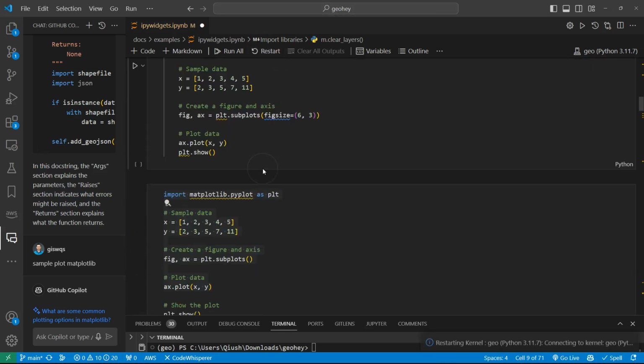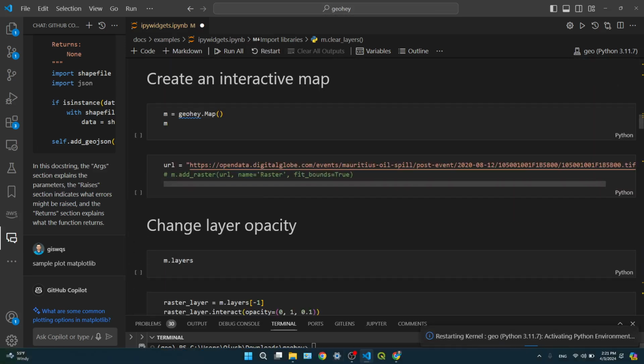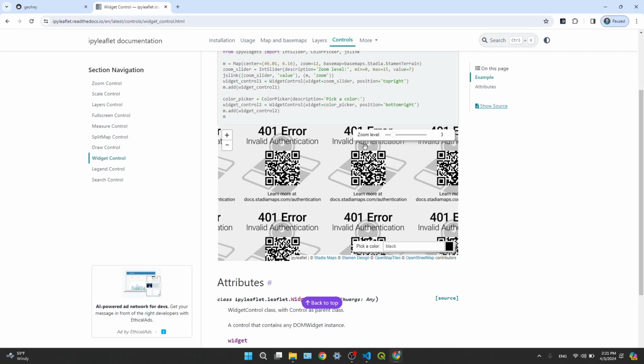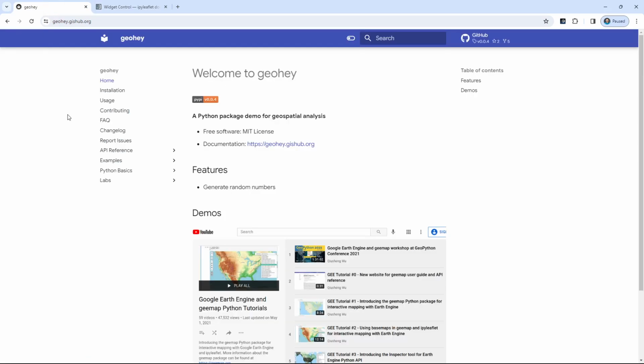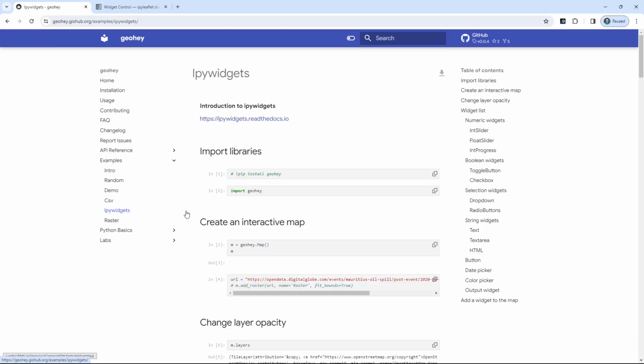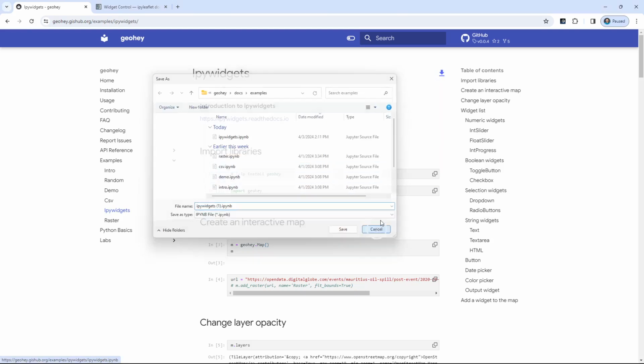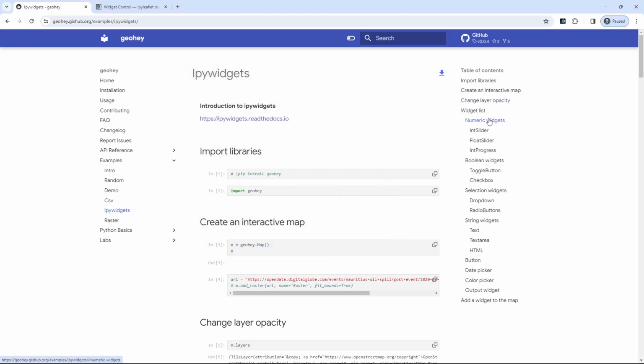Okay, so next let's talk about iPyWidget. And if you want, you can download the notebook from my repo. So it's under the GeoHey website, and then examples, iPyWidget. So if you want, you can download this one to a computer. And here I show you the list of some of the commonly used ones that we're going to maybe use in this class. You can also go to this URL here,